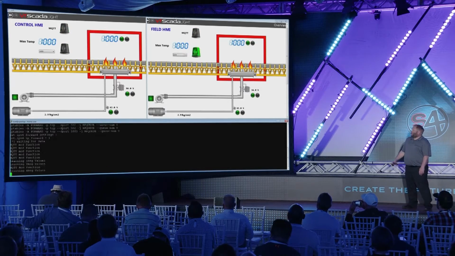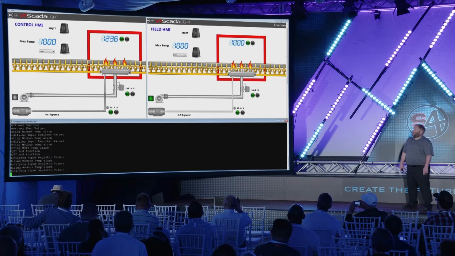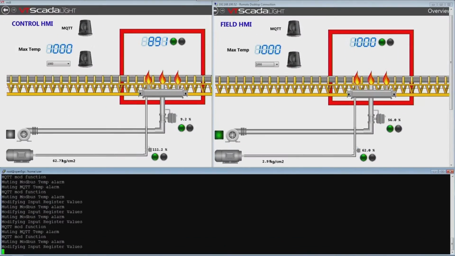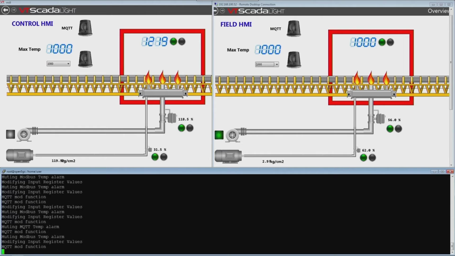Now, what we're going to do is we start modifying a lot of the data that's going to the control HMI, but we're not even touching anything out in the field. So this here, you can just see it going crazy. So your operators are probably saying, "What the heck is going on here?"